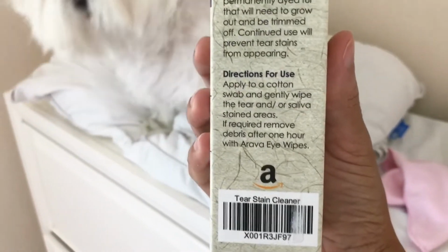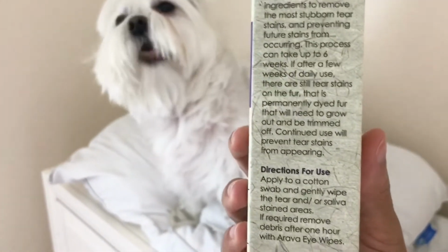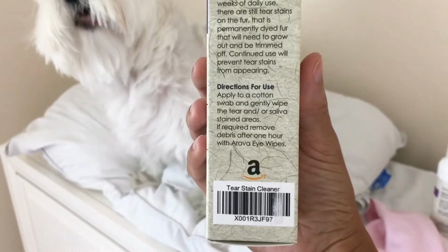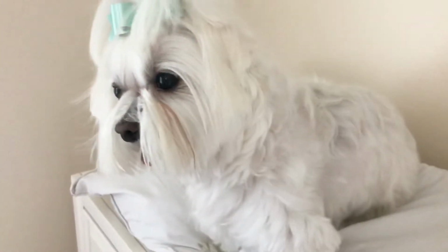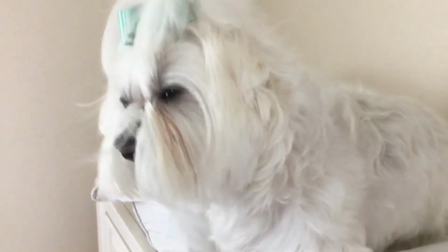And you can use this on saliva stains. She doesn't have any. I'm just worried about her tear stains. And then remove with their wipes, which I don't have. So what I do is I just let this sit on her face, and then when I come back,